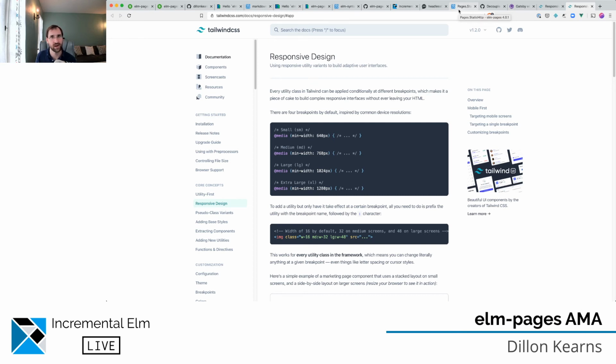I'd rather have a declarative thing where I can just describe that in a large device it looks like this, in a small device it looks like this, and not have that depend on state. But also you can avoid the flash that way, because of what happens with Elm UI static sites sometimes,